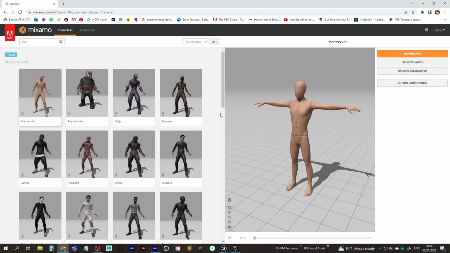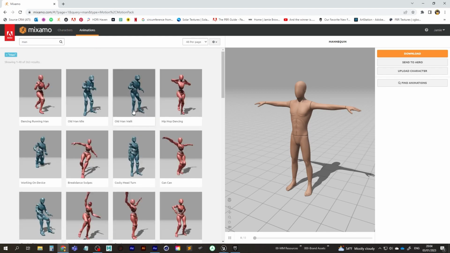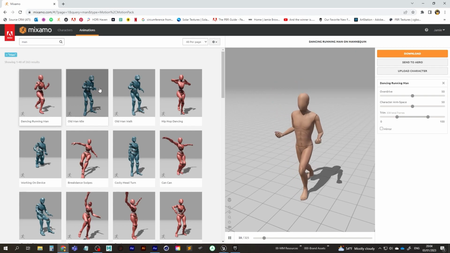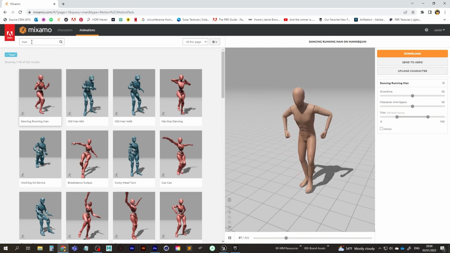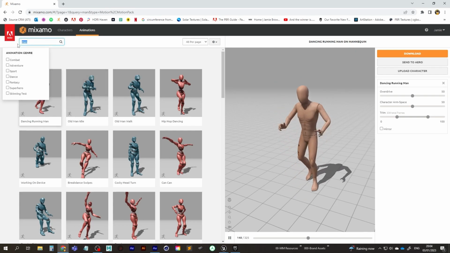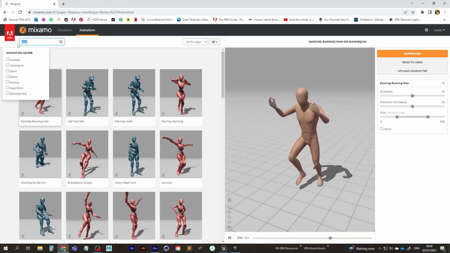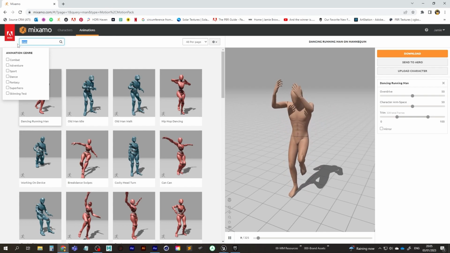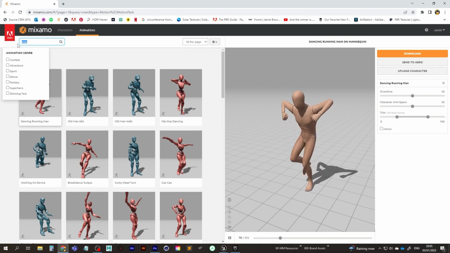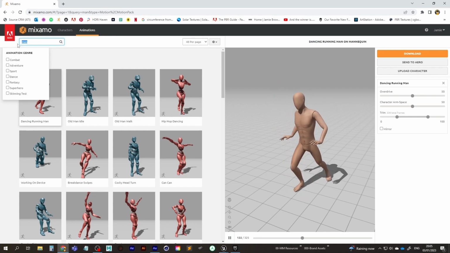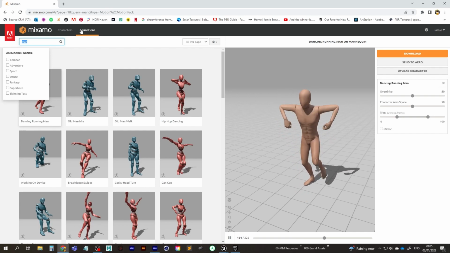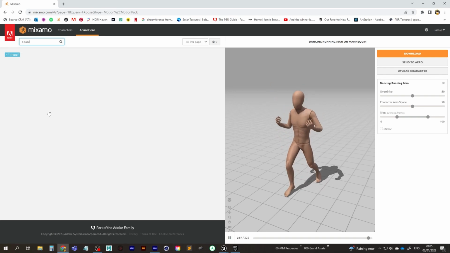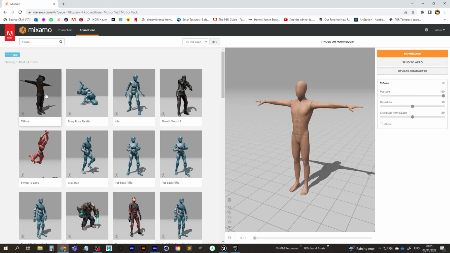And we want to be using the T-pose. So, of course, Mixamo has all these animations that we can use. But what we're going to be doing first of all is importing in the T-pose. And that's going to give us our skeleton. We can then use that skeleton in Unreal and apply various Mixamo animations to it. So just in the Animations tab, type in T-pose. And there it is there.